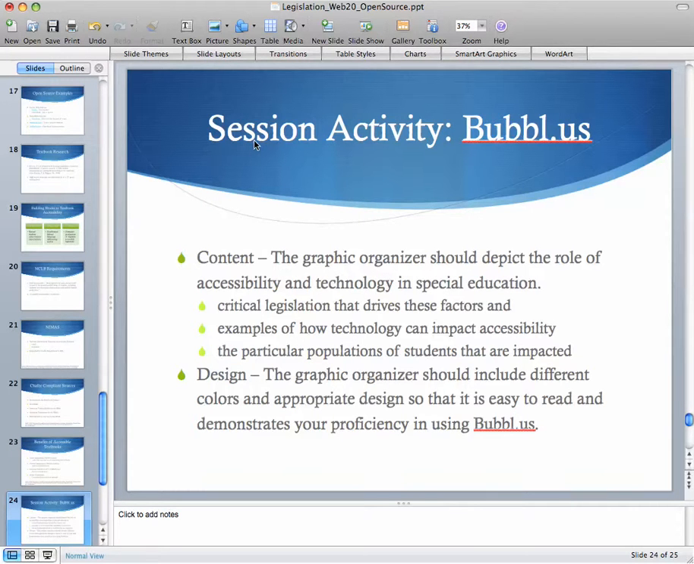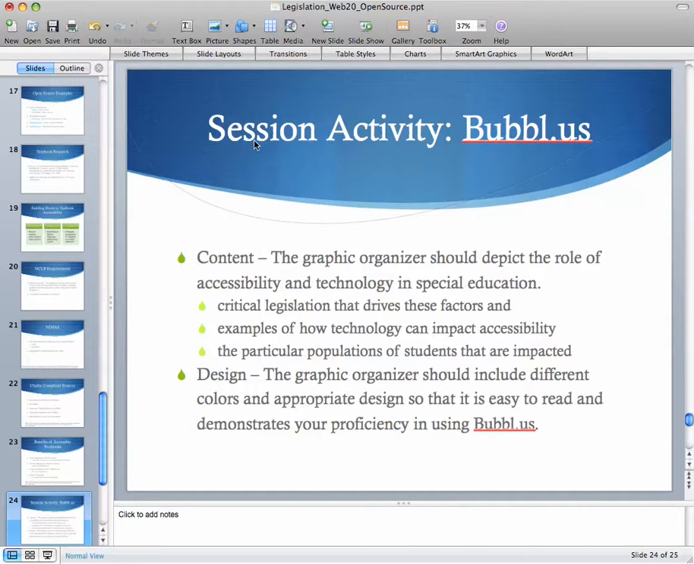In this session, we're going to take a look at one Web 2.0 or open source tool called Bubble.us. Okay? Basically, this is a free graphic organizer tool that you can use online. In the session activity folder that you will find in Angel, you will see a description of Bubble.us. There's also a tutorial video that you can watch and a more lengthy discussion of the session activity and the